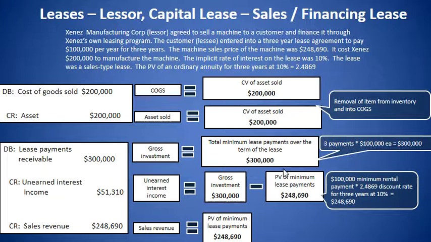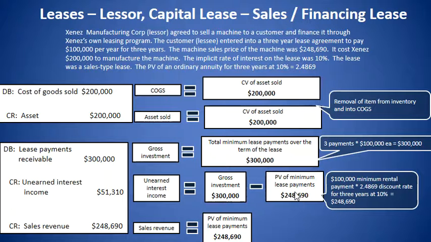We take a look at our lease payments and our gross investment equals the total minimum lease payments over the term of the lease, which is $100,000 per year times 3 years. We have our gross investment, again, which we just calculated previously, of $300,000 minus the present value of our minimum lease payments, and those happen to be our $100,000 minimum rental payment times the discount rate for an annuity at 10%, or